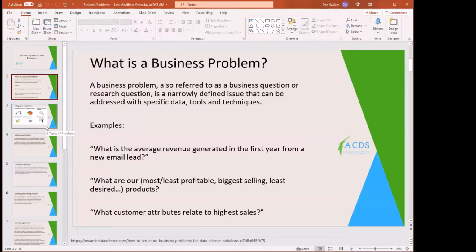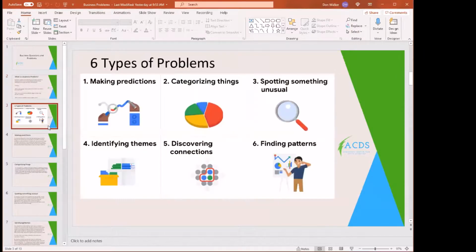But they had a nice graphic here on types of problems, making predictions. So you can sort of look at historical data and give a best guesstimate of what's going to occur in the future. Like sales data, past sales data is always a good one. You can always see different bumps based on seasons and other occurrences. Fast food sales go through the roof during a recession. I don't know. I guess people are